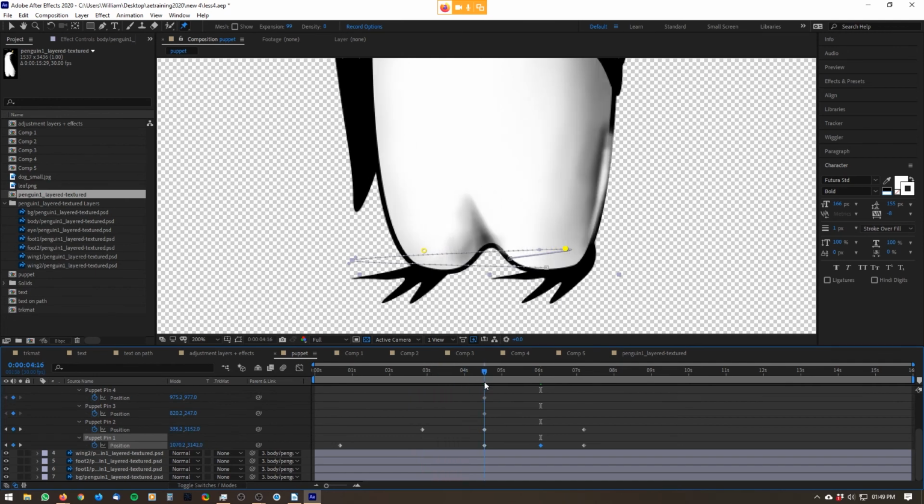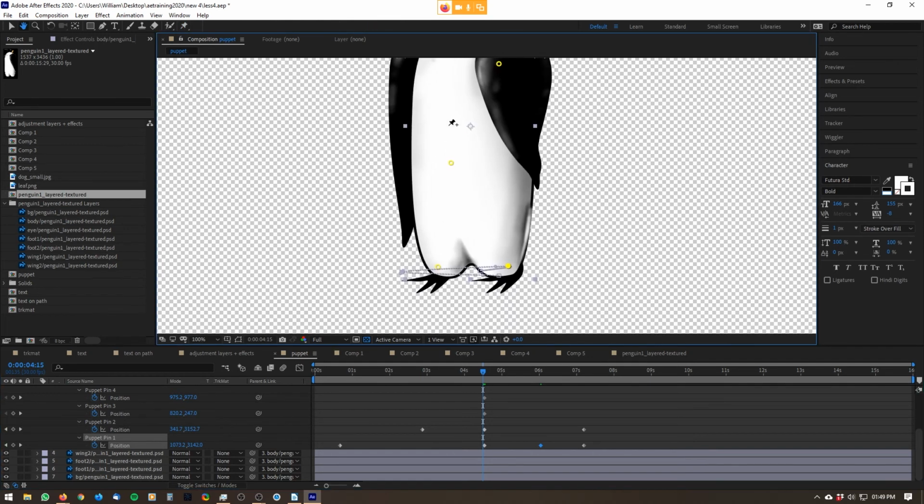So that's one of the other tools under the puppet tool that you can use to control how that will look. If I click and hold on the puppet tool over here, there are lots of additional tools. I'm not going to go into full detail on all of them, but the specific ones that I want to show you are the Starch tool and the Overlap tool. The other ones can be fun to mess around with, but the important ones to look at are the Starch and Overlap. So the Overlap one right at the bottom over here,